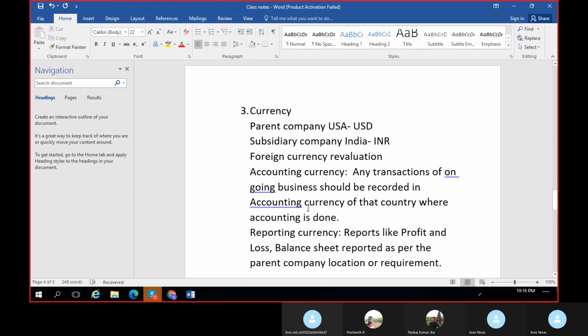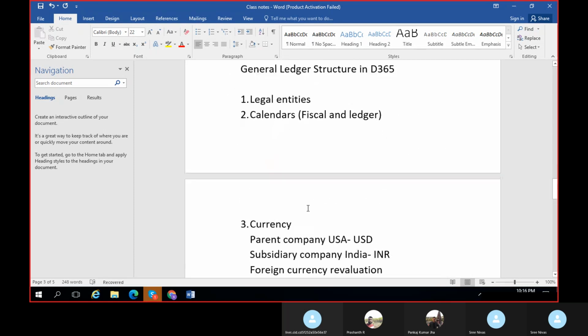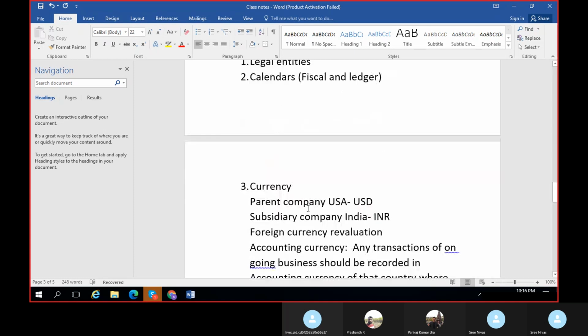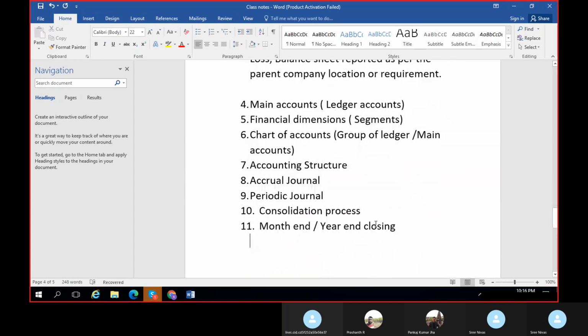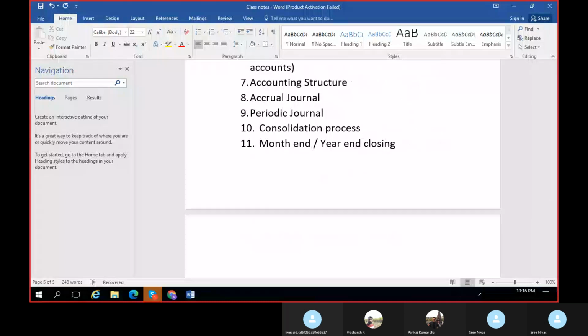Once you are done with the requirement as per the Companies Act, then the tax department statutory requirements will start. So even for the tax, you are supposed to submit the reports and pay the tax, right? So for that purpose, we'll have to configure tax accounting and tax related reports